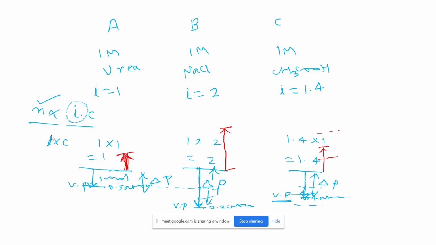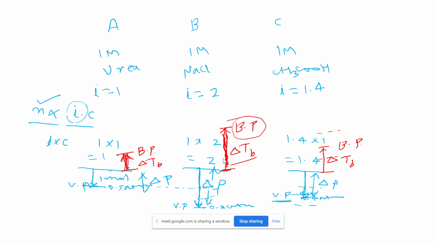So now these are the boiling points of these solutions. This is the boiling point of this solution, this of this solution, and this of this solution. What is the order, which has the maximum? B, minimum for C, A. Now this change is delta TB. And for which solution is delta TB maximum? For B. You can see this difference, this line length. For which line is it maximum length? It is B.